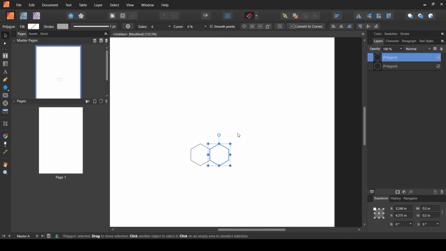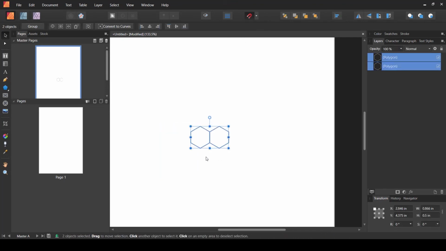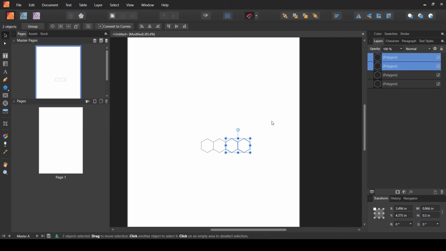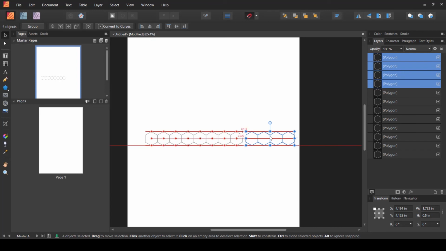Now why it is snapping is because I have already told you to have this snapping option checked. If you do not have this option checked, then you might face some kind of problem after moving these shapes. So let's just copy, now select both of these and then copy it again and paste it, and then try to move it on the other side as well. So in this way you can keep on selecting and keep on copying and keep on moving these shapes side to side, and we can make a perfect row.